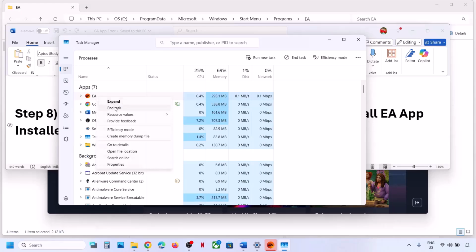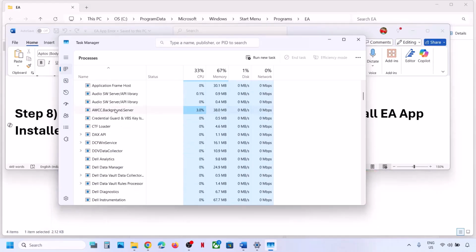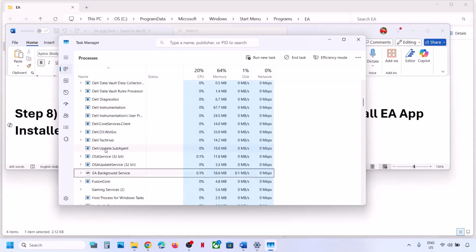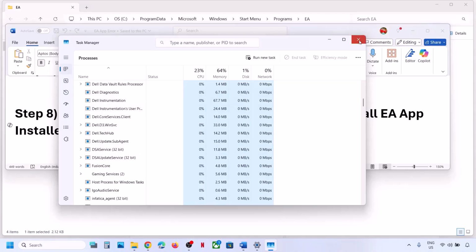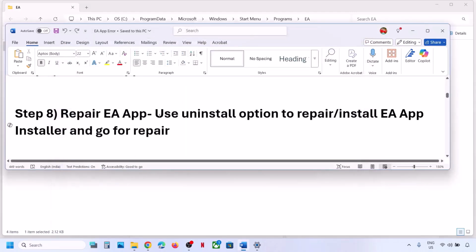Let me close this first. Close all the EA service. If you don't find EA service, you can skip it. And then now